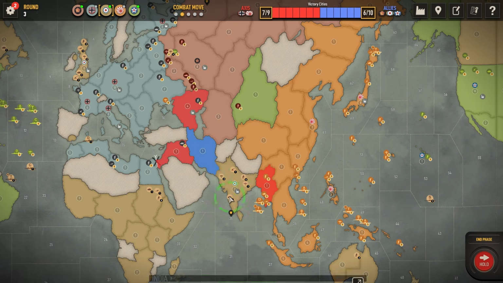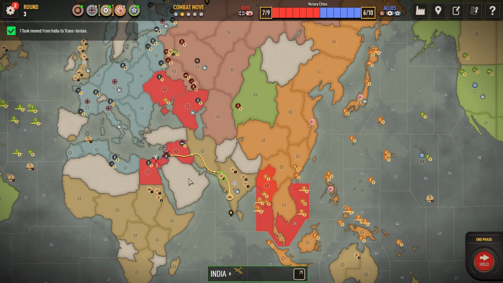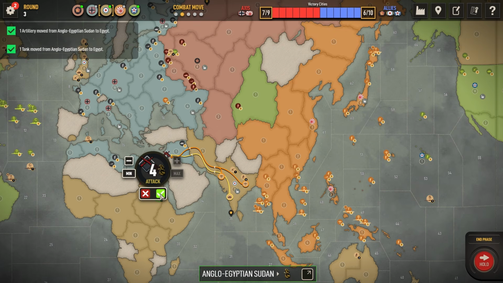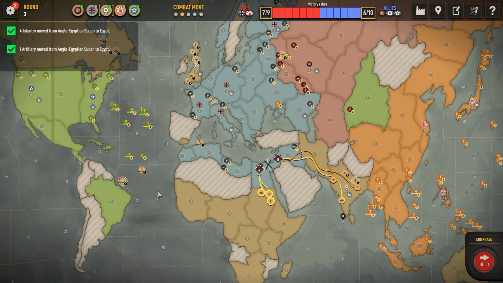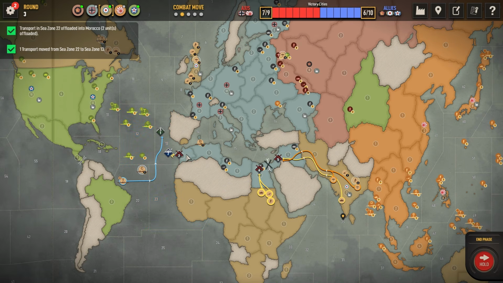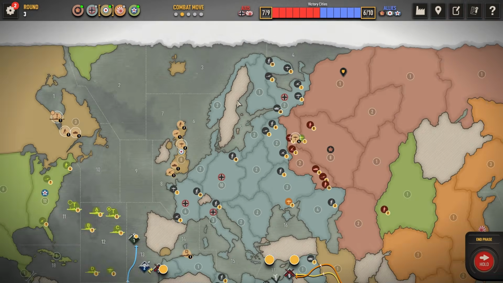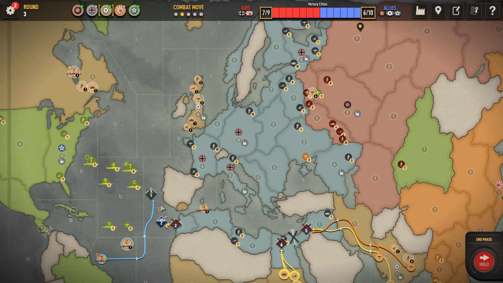for England. I am going to send 1 tank, 3 fighters, and a bomber into Transjordan. I'm going to send all this stuff into Egypt, and I'm going to land in Morocco. That's it. I thought about taking Norway or Finland and sacking this transport, but I don't think I'm going to, because I'm going to have an aircraft carrier and a couple fighters in Sea Zone 7, and I'm going to split up this USA fleet, send half to 13 and half to 7, and then once I do that,